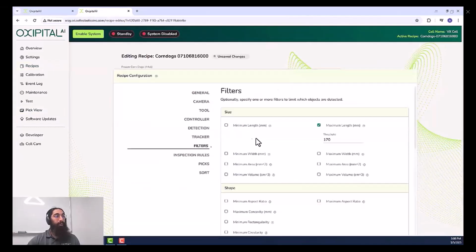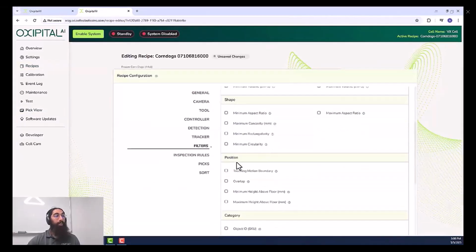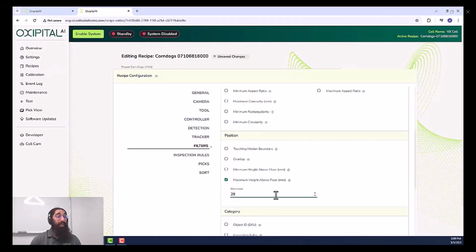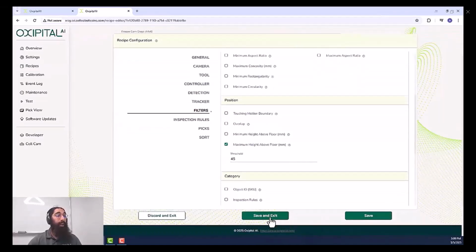we'll go back to filters and scroll down to position. In this case, there aren't many things that cover shape, but in general, you could, if you had like crackers, a rectangular form factor, you could do minimum rectangularity, or for circular patties, something like circularity. But in this case, I'm going to do a maximum height above the floor. Right now, this is at 29, so we'd actually be filtering out some good products from the default. So I'm just going to increase this to, let's just say 45, and let's see what happens. Scroll down to save and exit,